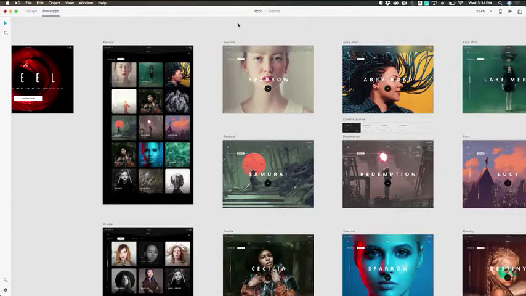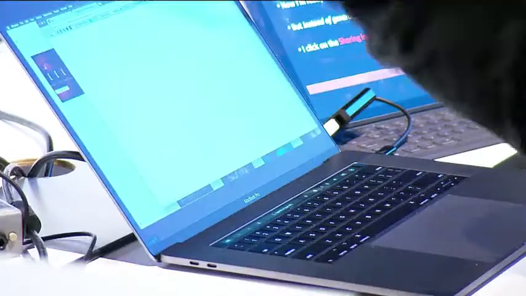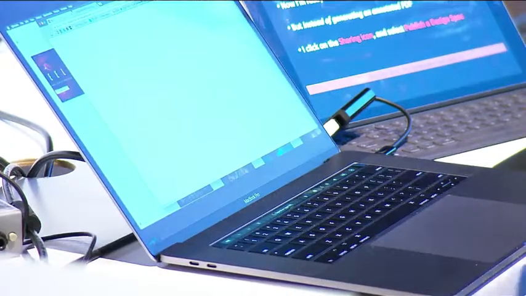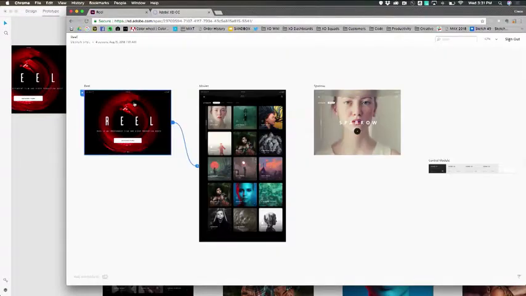All right, finally, let's fast forward a bit. And I go through a few cycles, I get the approval that I need, and now I'm ready to send it off to my developers. But instead of generating an annotated PDF, which I know is everyone's favorite thing to do, I simply click on the sharing icon again, click on Publish Design Spec, and I can create either a private or a public link, which my developers can then use to inspect the flow,